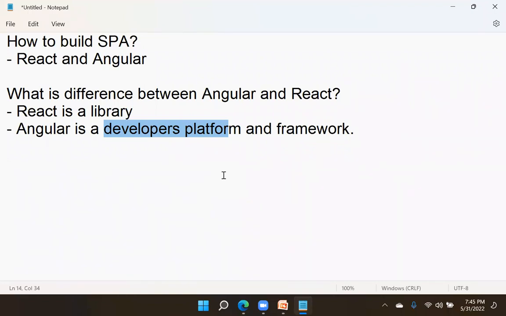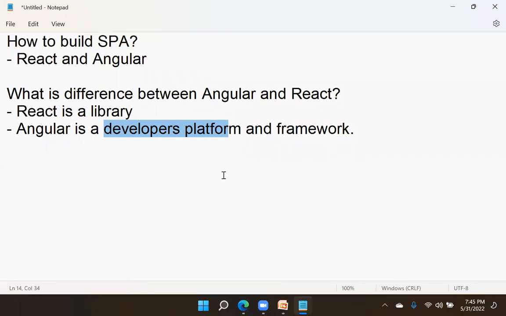Java, .NET, other technologies, PHP, Python, they have to use third-party testing tools. For testing, they have to use separate frameworks. That means they don't have their own frameworks; they have to depend on separate ones. For deploying, for testing, everything needs third-party integration. But if any technology provides an end-to-end solution from building to deploying, everything, then it is called a developers platform.